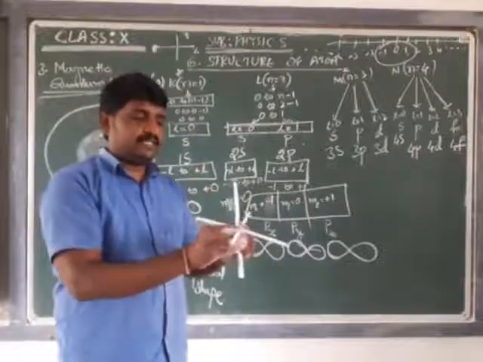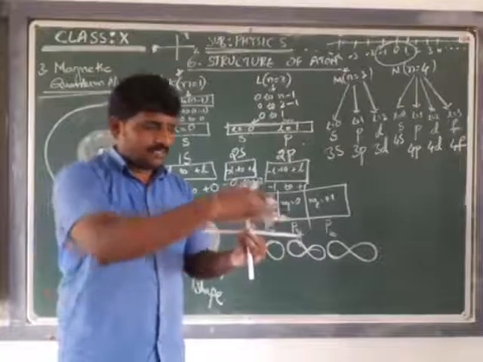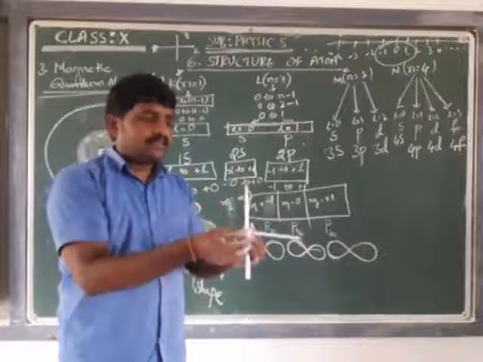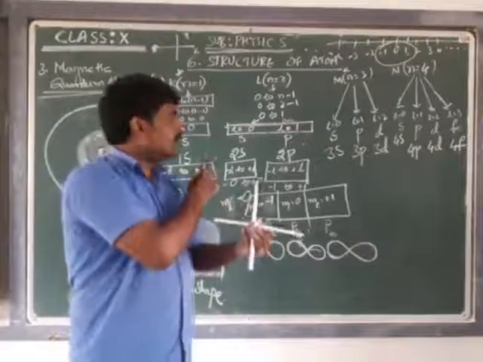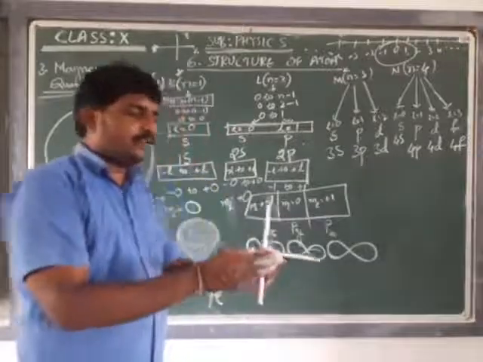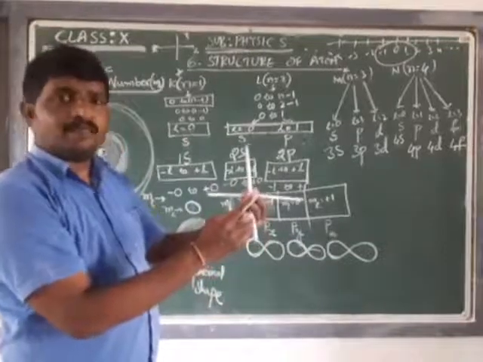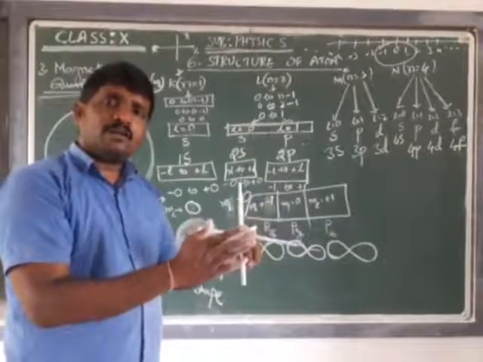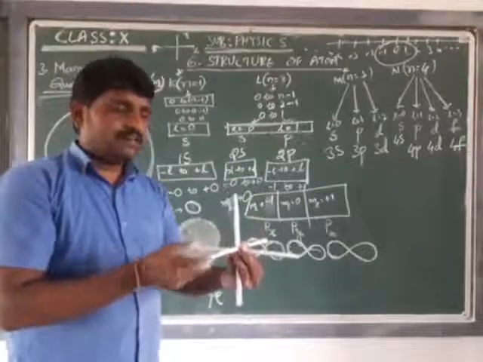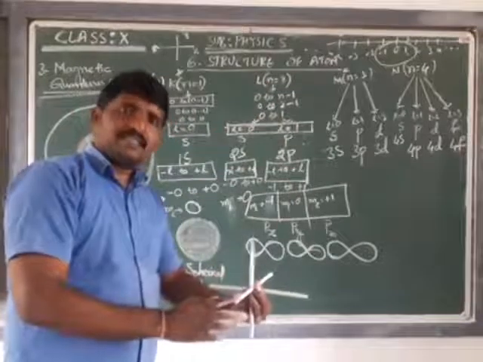Are you able to see this clearly? This is x-axis, this is y-axis, and this is z-axis. Drawing z-axis on a 2-dimensional board is not possible. If I see from this side, only x-axis and y-axis are visible, z-axis will not be visible. To draw it on the board, while drawing these orbitals, we will draw in a slide form, appearing the view from this way, so that we can see this z-axis also.